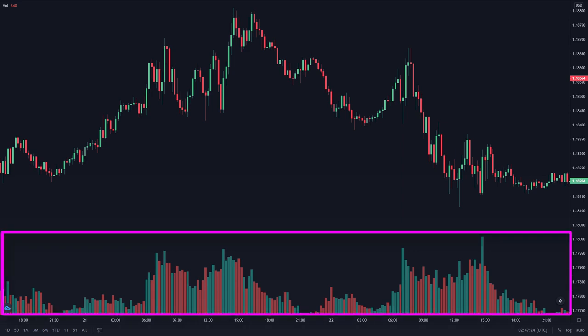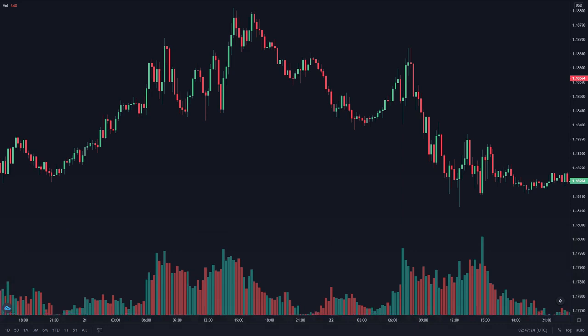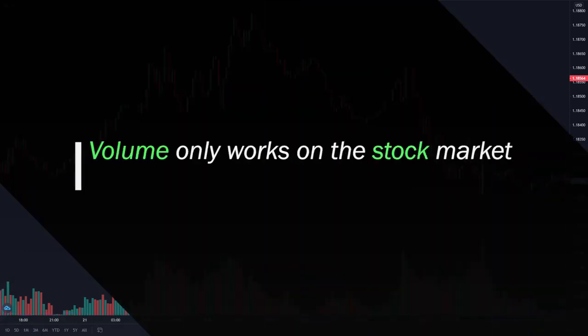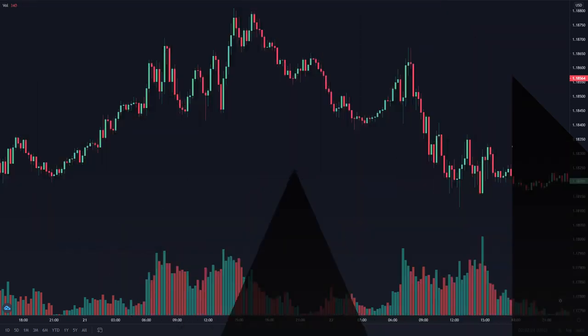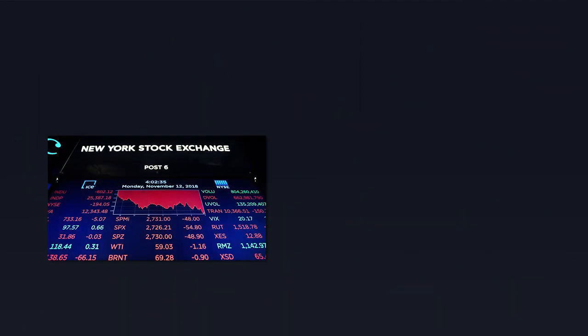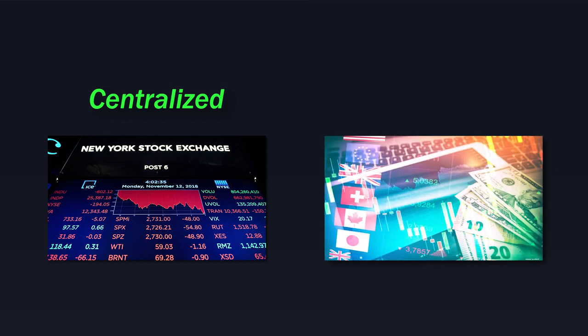Before I start, I'd like to give a really important piece of info that I rarely see from other trading channels. Volume only works on the stock market. It doesn't work on the forex market. Let me explain. The stock market is considered a centralized market, meaning all the trades are routed towards one central exchange. However, the forex market is considered a decentralized market, meaning there is no one location where